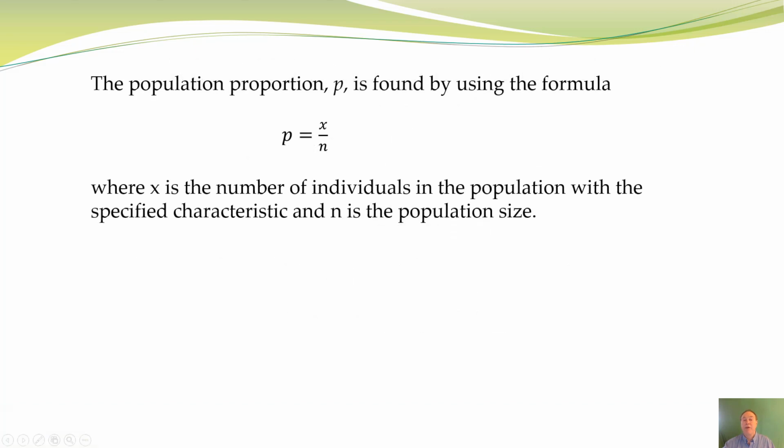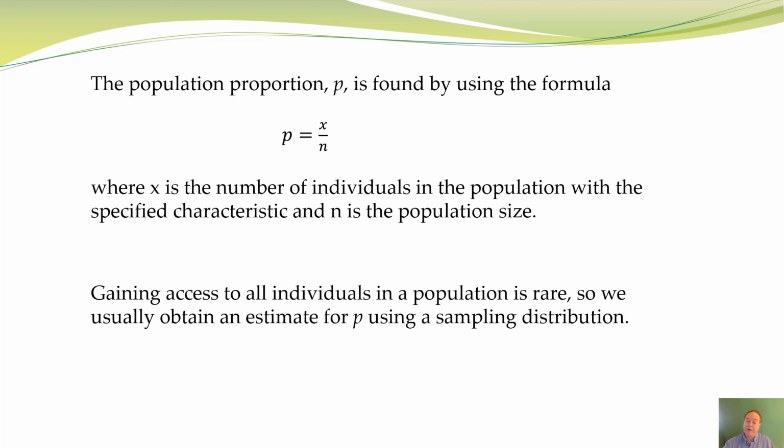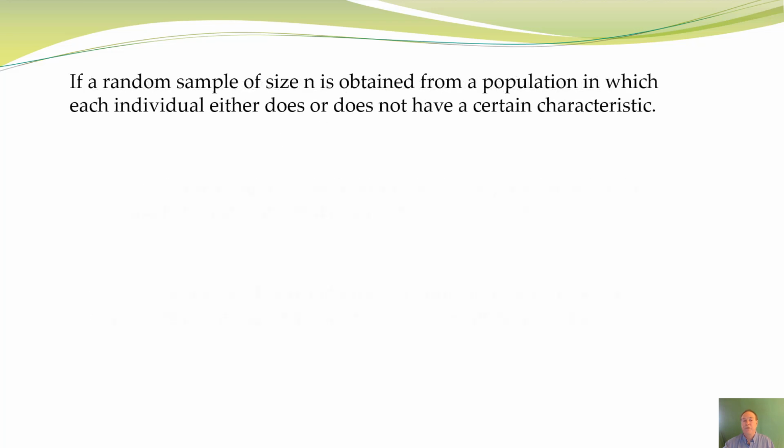A population proportion, P, is found by using the formula P equals X divided by N, where X is the number of individuals in the population with a specific characteristic and N is the population size. Gaining access to all individuals in a population is rare and difficult, so we usually obtain an estimate for P using a sampling distribution. If a random sample of size n is obtained from a population in which each individual